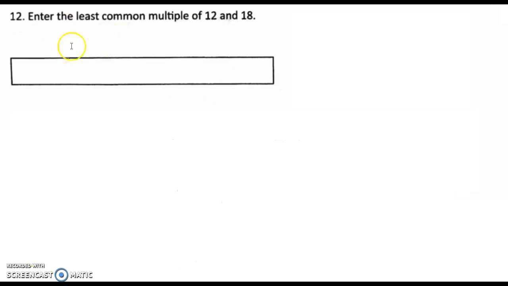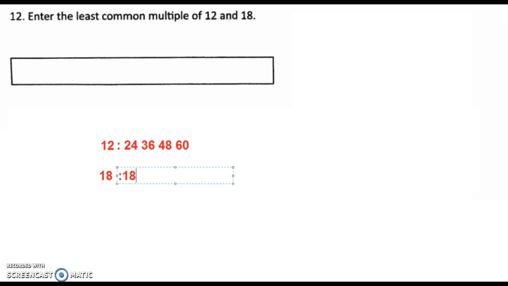Alright, number 12 says enter the least common multiple of 12 and 18. So LCM, how are we going to figure that out? You can have, this is one way, you have 2 lists, right? And you can do just skip count. So we have 12, and then 24, and then 36, right? I'm just adding 12 every time. 36 plus 12 equals 48. 48 plus 12 equals 60. Alright, I'll do that in my head, but you guys can do it